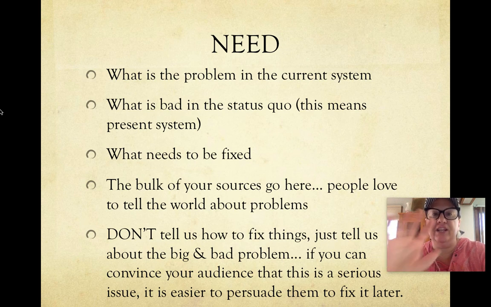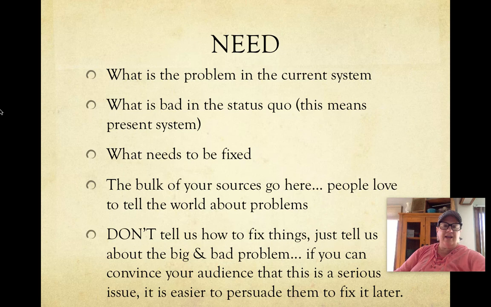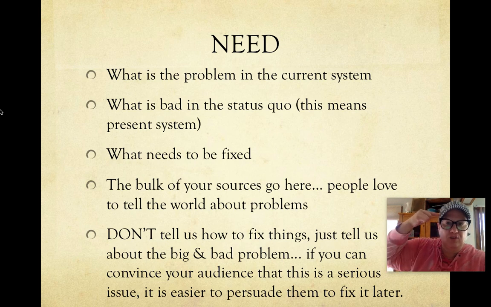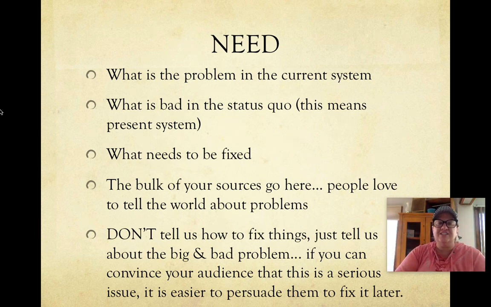But that's what you need to talk about right here. What is the problem? But one thing that you need to make sure here is that you do not tell us how to fix the problem, because the second you tell us how to fix the problem in the need step, you've mixed up Monroe's motivated sequence and our brain has kind of shut you down. All right? Just convince your audience here that this is a huge problem. Huge problem.